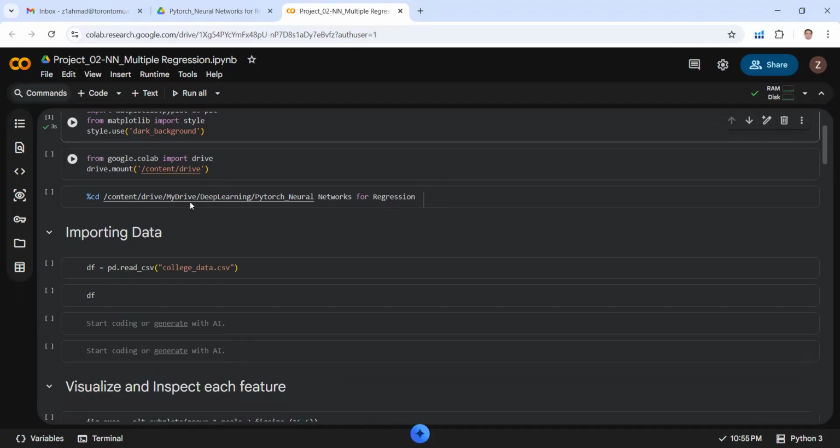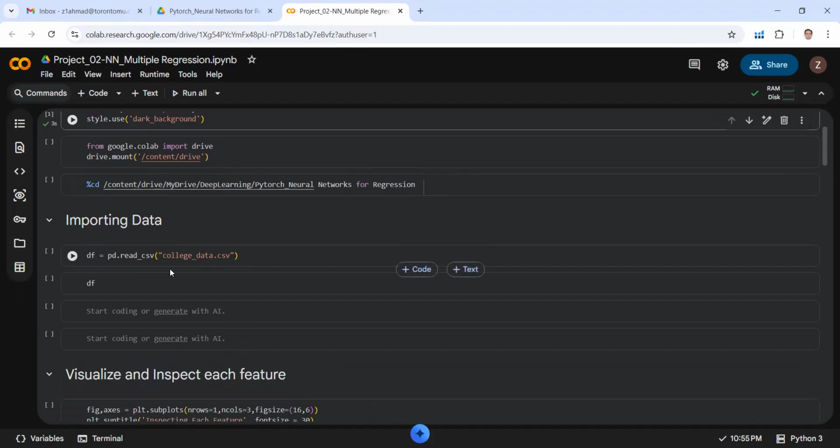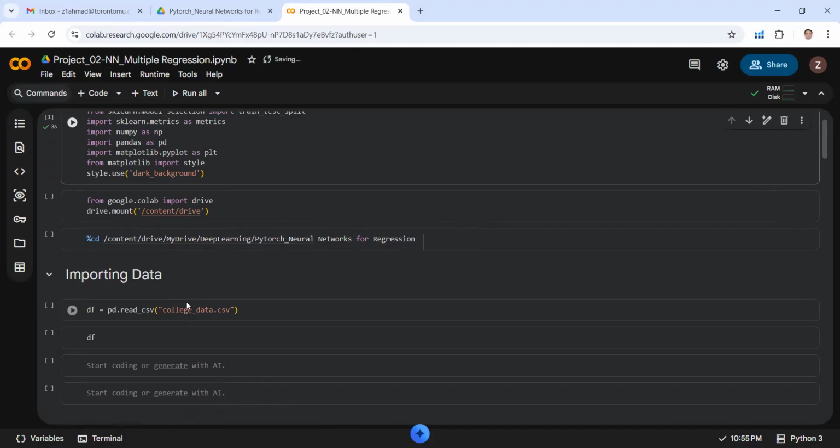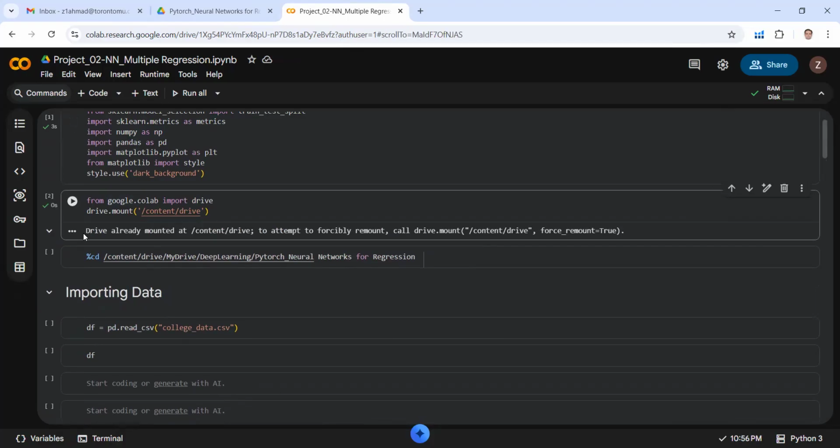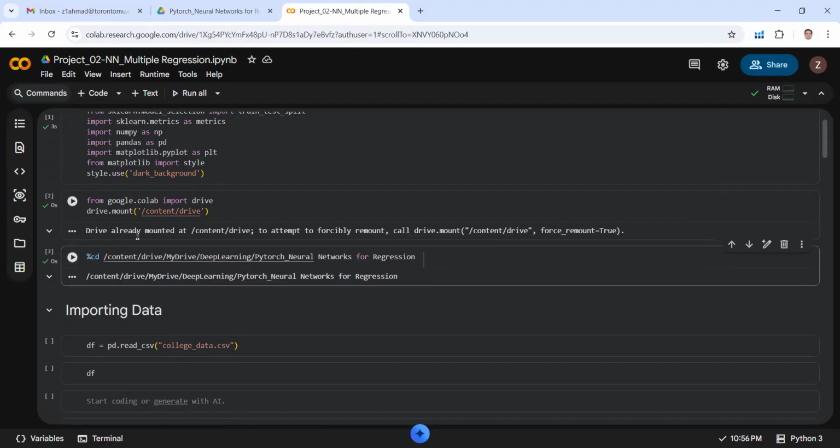Okay, now the next step is to import the data. The data I am going to import for this lecture is known as college_data.csv. So this is the CSV file. In the previous lectures of the series, we learned how to import a CSV file in Google Colab. In order to import this, we need to mount the drive and set the path. How to mount the drive and how to set the path, I have explained in detail in lecture 4 and lecture 5 of this series. I strongly recommend that if you have missed lecture 4 and lecture 5, first see those lectures before coming to this lecture. Okay, so the drive has been mounted, the path has been set,